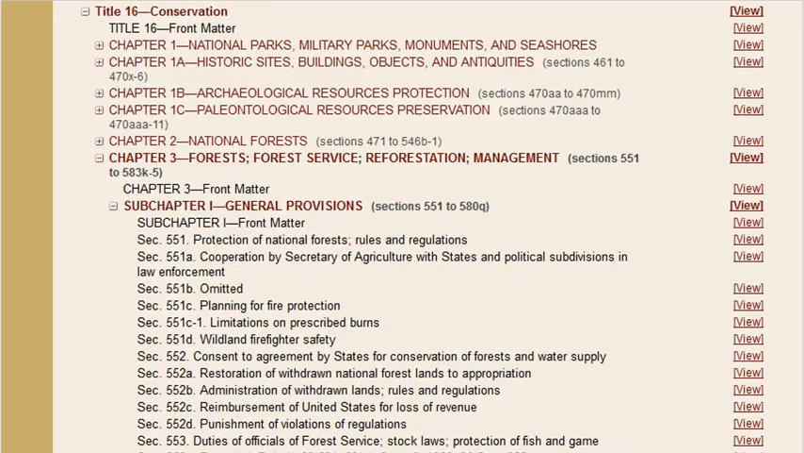Sometimes the best way to search isn't to search at all, but to browse. This is an excerpt of the table of contents of Title 16 of the U.S. Code, Conservation, from the website of the Office of Law Revision Counsel, the people who actually compile the U.S. Code. Their website has a search engine, but sometimes it is just easier to find the sections you need scanning